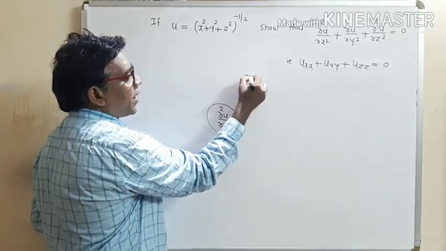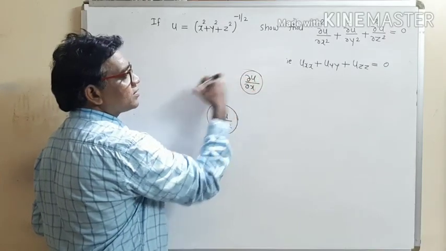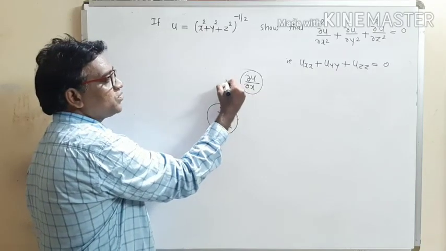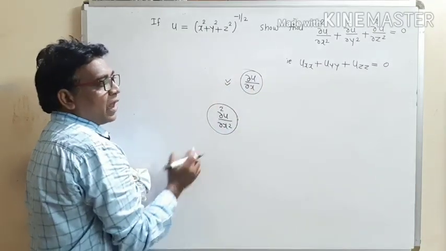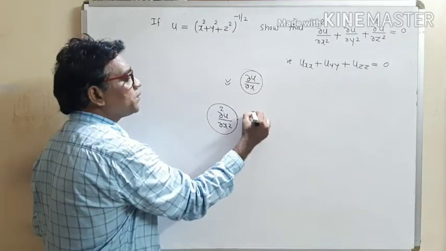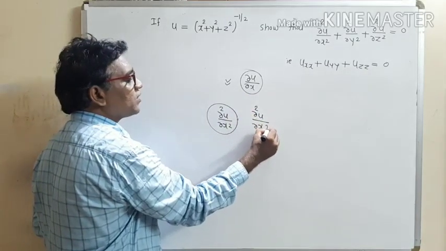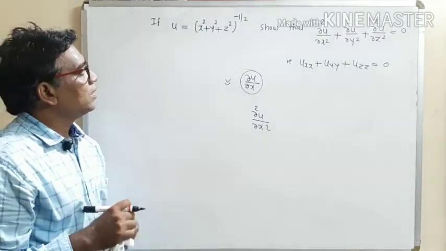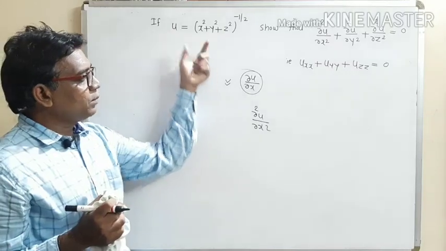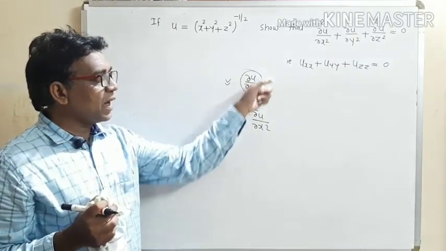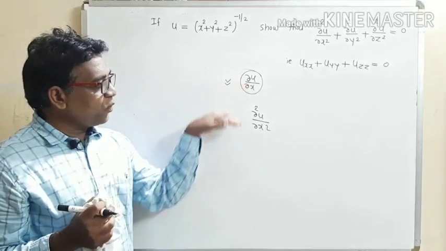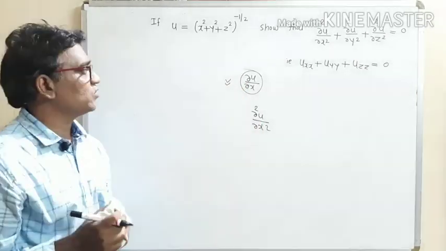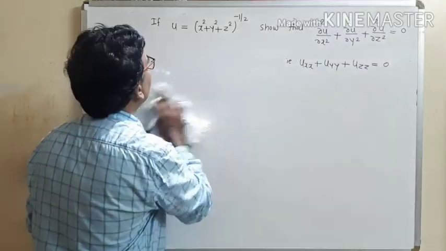First of all, find the partial derivative ∂u/∂x. Differentiating u partially with respect to x, we get ∂u/∂x, and with one more differentiation with respect to x, we get ∂²u/∂x². So see how to find ∂²u/∂x². First of all, find the derivative of u partially with respect to x, and we get ∂u/∂x, and with one more differentiation with respect to x, we get ∂²u/∂x². So find this derivative. So write down the solution.